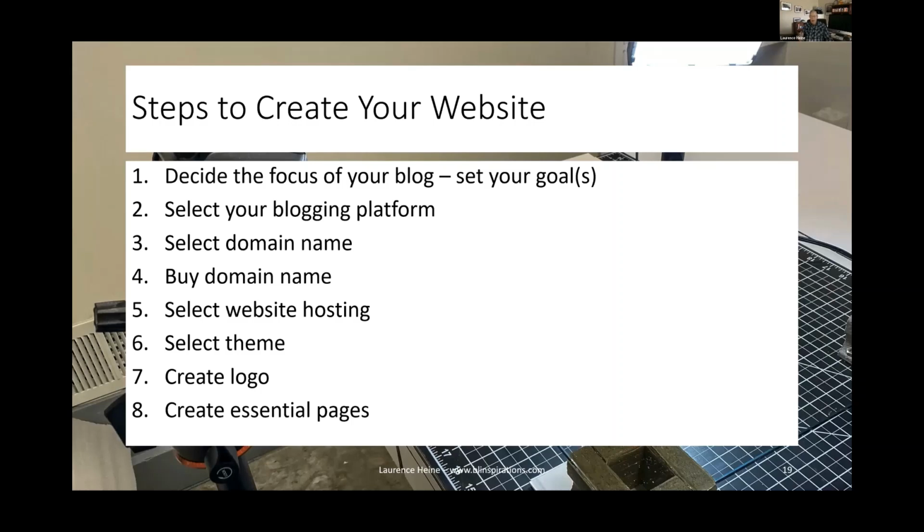Any particular narrow range could be your focus. Mine is primarily nature and landscape macro. Doesn't say I won't do more, but that's the primary focus. The next thing to do is select your blogging platform,